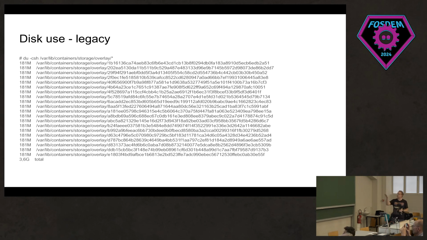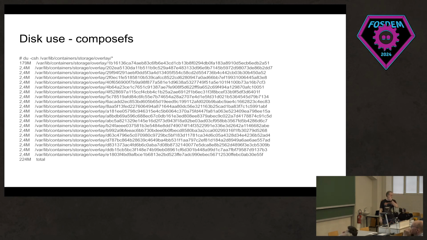Every directory, every layer is the Fedora base image, so it's 180 megs. Summed up for 20, up to 2.5 gig. But if you look at the ComposeFS version, it's just 200 megs because only the things that are different use more space. And this might look weird that just one of them is larger, but actually what happens is that